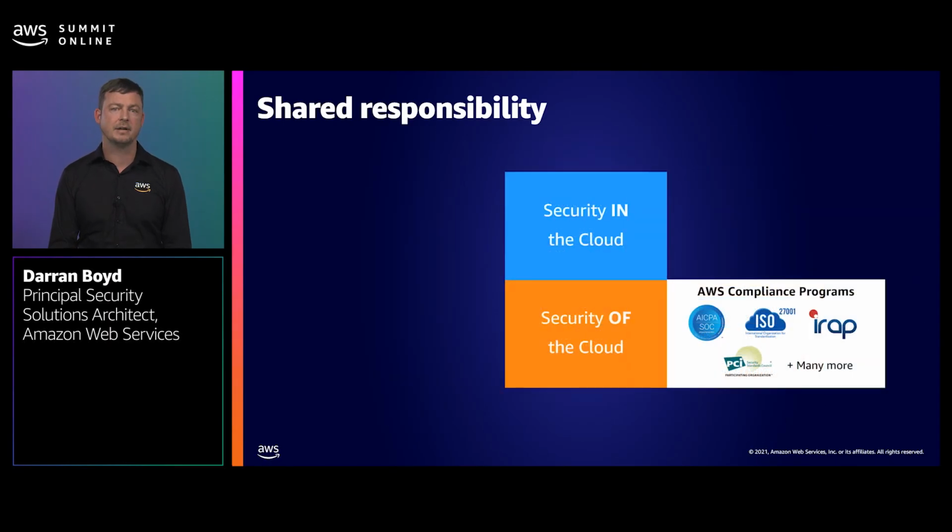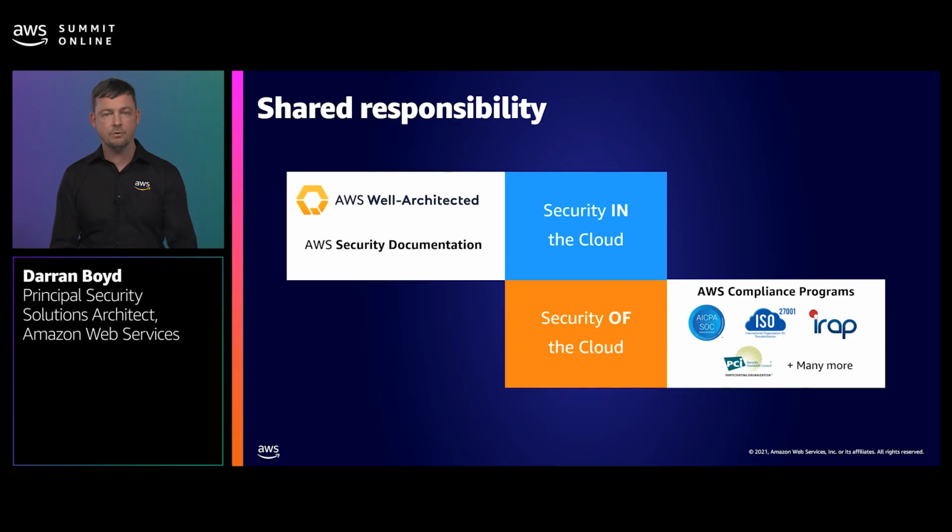What is important to understand is that we don't simply ask that you trust that we do good things on our side of the shared responsibility model. Instead, what we do is invest in our compliance programs. AWS participates in over 50 different compliance programs where we are audited by third-party independent auditors. These compliance programs include SOC 1, 2, and 3, ISO 27001, PCI DSS for the payment card industry, and IRAP for here in Australia, and there are many more. The audit reports are made available to AWS customers free of charge via the AWS Artifact service. You can have confidence that we're being continually audited against globally and regionally relevant compliance standards.